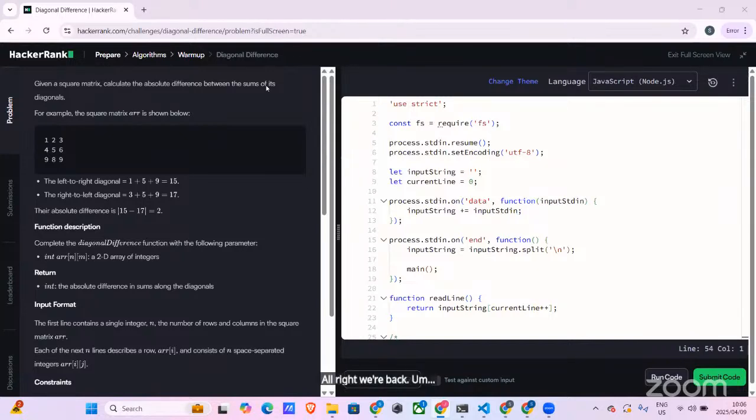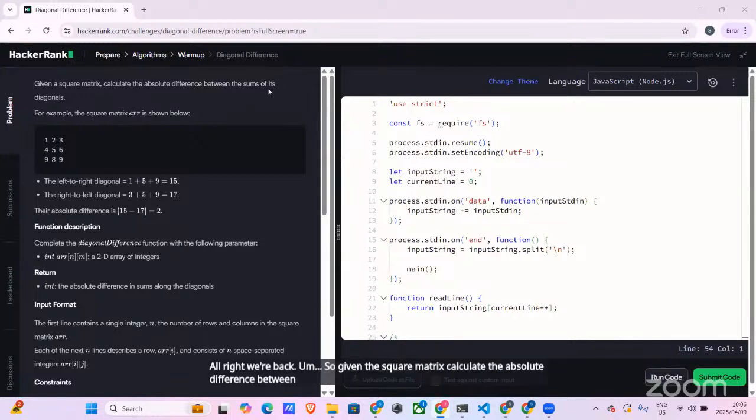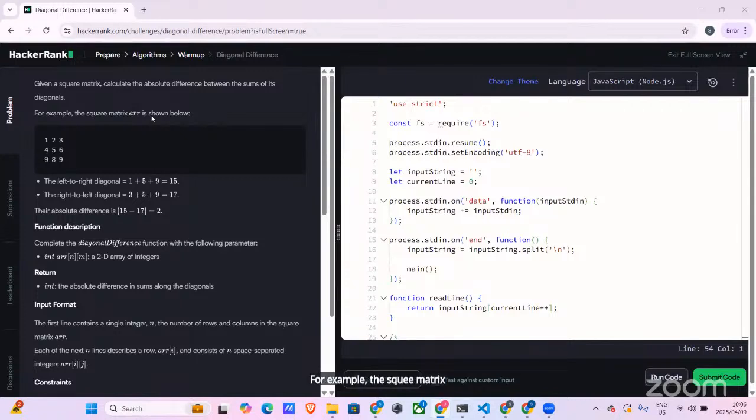So given the square matrix, calculate the absolute difference between the sums of its diagonals. For example, the square matrix,